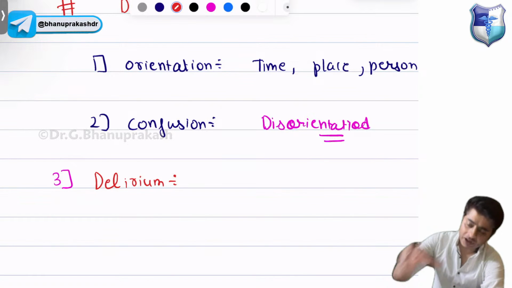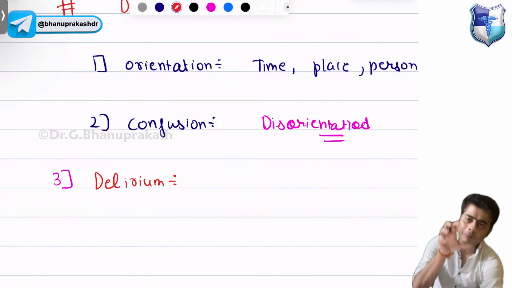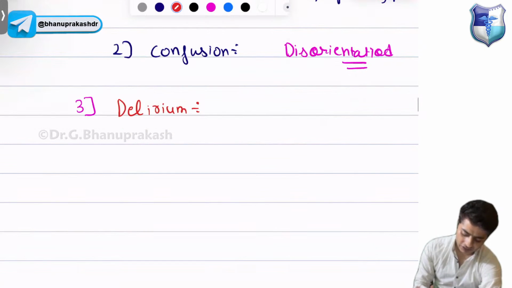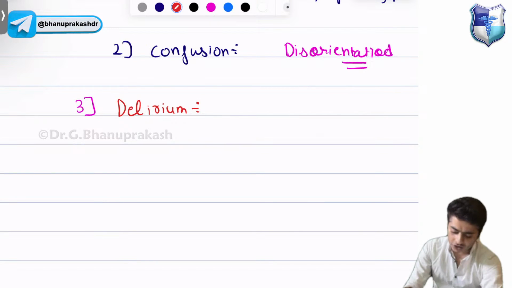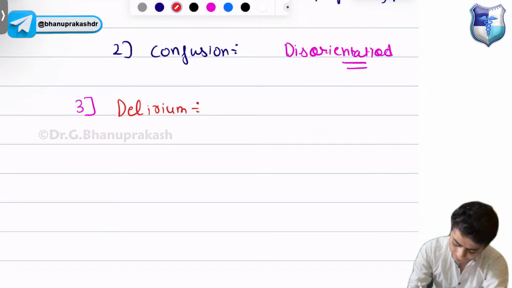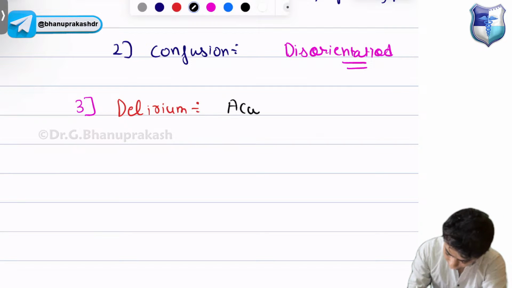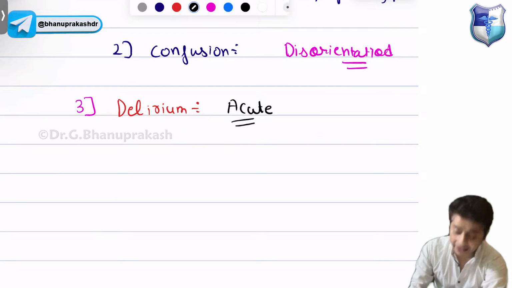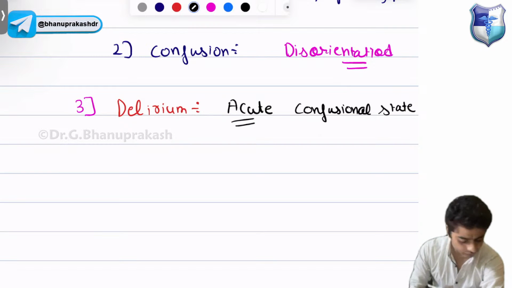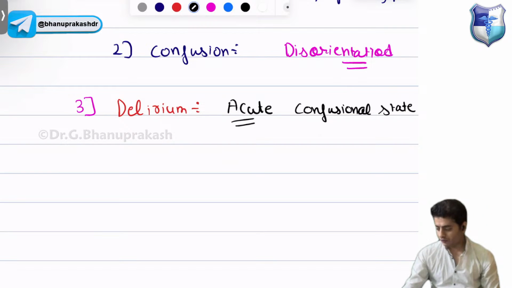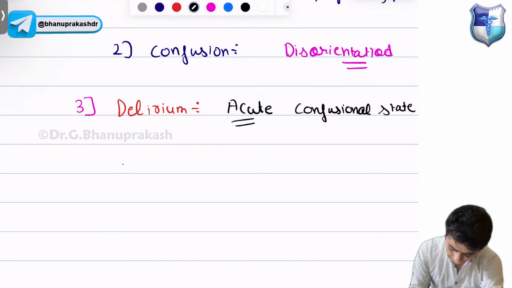So see, confusion is a broad term in which delirium comes. Meaning in confusion many things come. One of the parts of confusion is delirium also. So when we are saying that this person is in delirium, it is acute. Mark my word. It is an acute confusional state with